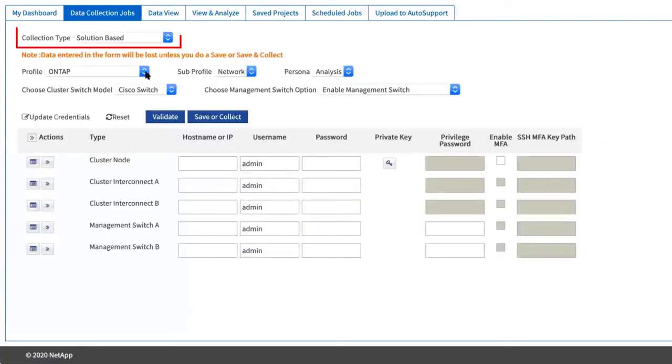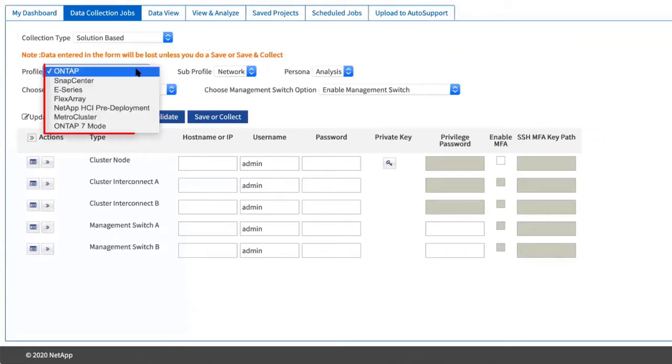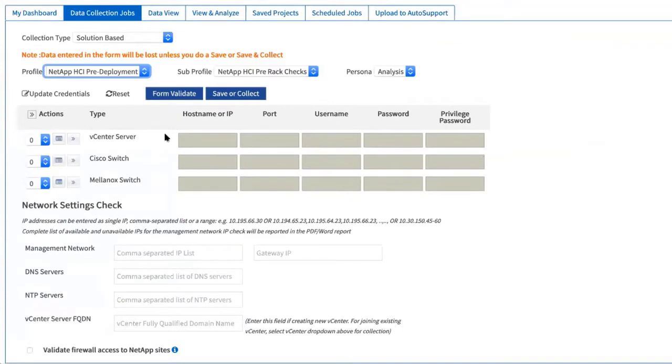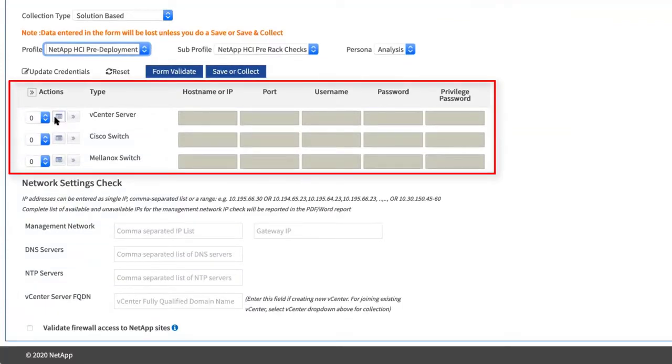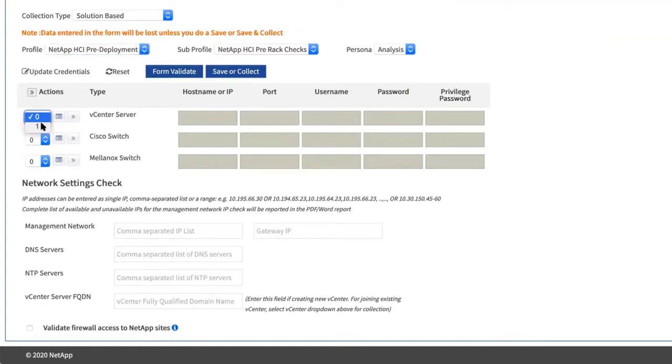Select Solution-Based Profile from the Collection Type drop-down list. Select NetApp HCI Predeployment from the Profile drop-down list. You should only enter vCenter server information if you are planning on utilizing an existing vCenter server with your NetApp